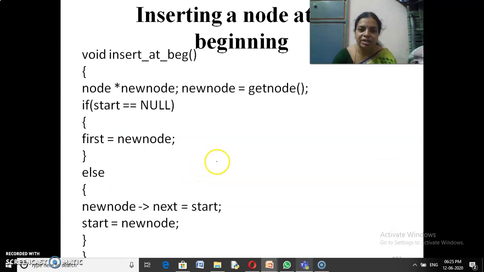This is the code for inserting a new node at the beginning. First we create a new node variable, then get the required new node and check whether start equals null or not. If it is null, then assign the new node as the starting node. If it is not, then for the new node's next we assign the existing starting node. Then we make the new node the start node. So these two lines are important for adding a new node at the beginning of the linked list. Okay, next,